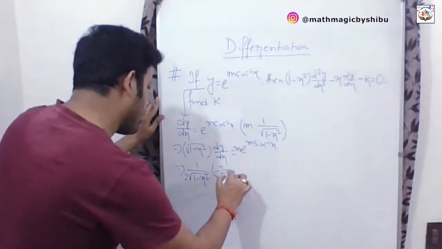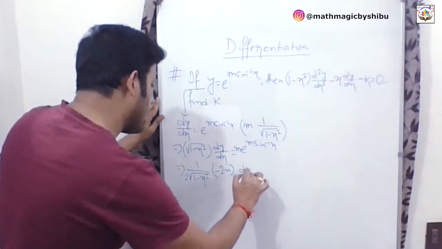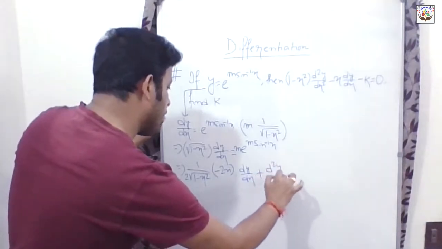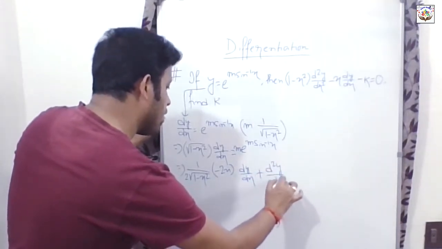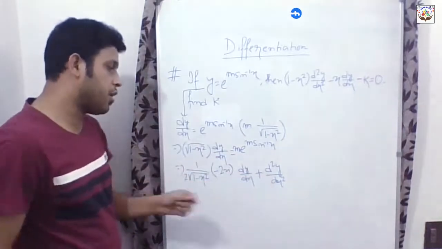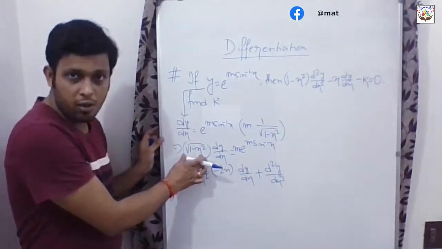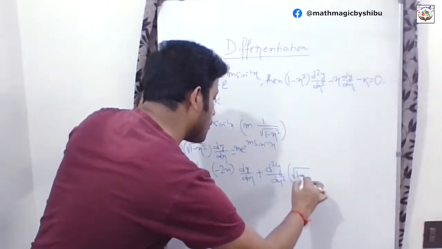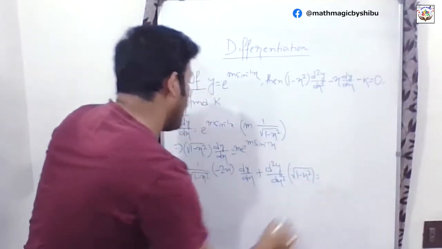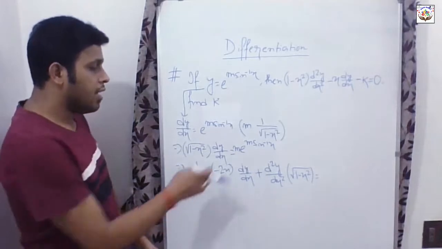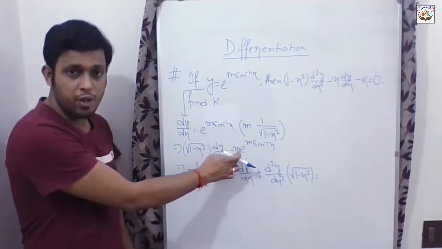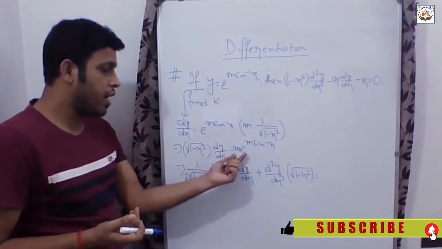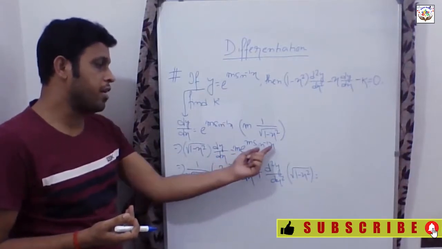Okay, so we have differentiated it. We need to take it as constant. Now we will differentiate dy by dx. That is why we have written d2y by dx square. Then we need to make this part constant. And in the right hand side, as you know, m is a constant term, so the differentiation of m will be definitely 0. So we need to find the differentiation of e to the power m sin inverse x.